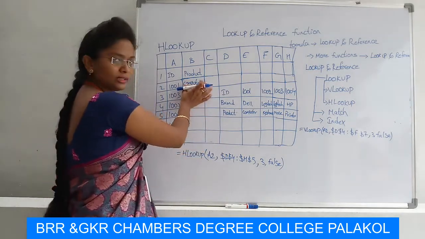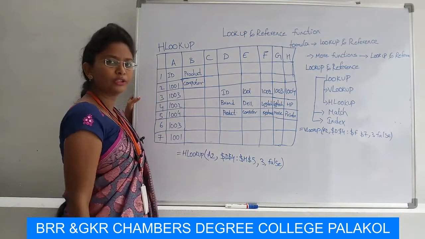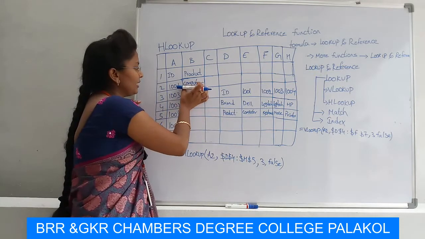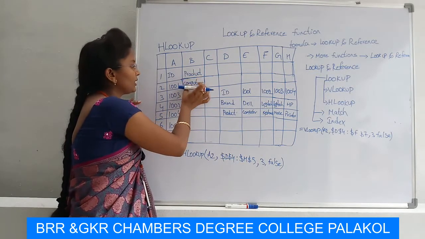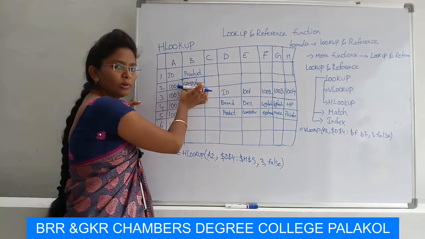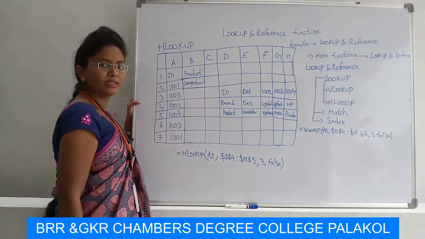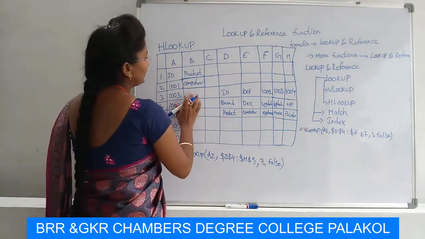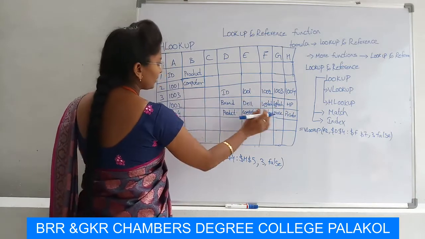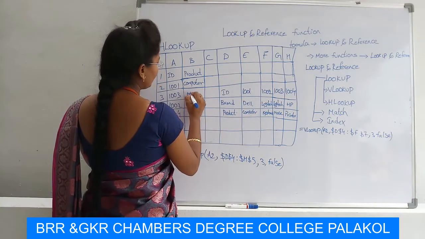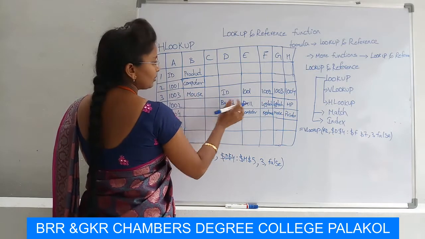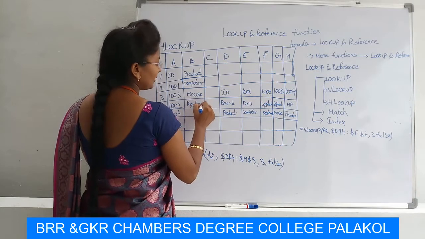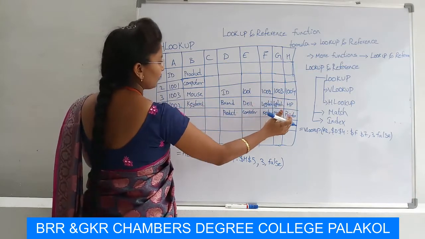Then select this cell and drag it downward. When you drag downward, the first cell, that means the computer cell B2, is copied. The formula will be copied and pasted in the remaining cells. And the answer will be displayed at the bottom also. But here it is a board, that's why I am writing. And the next, 1003, is mouse. 1002 is keyboard. It will display the exact result. 1004 is printer.